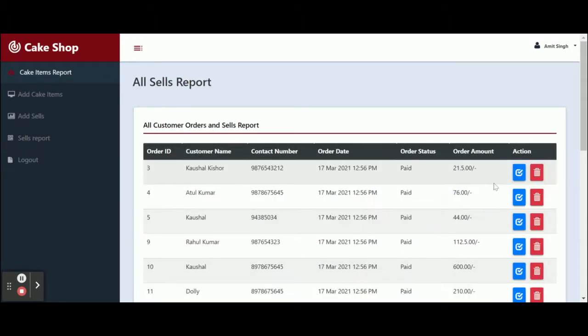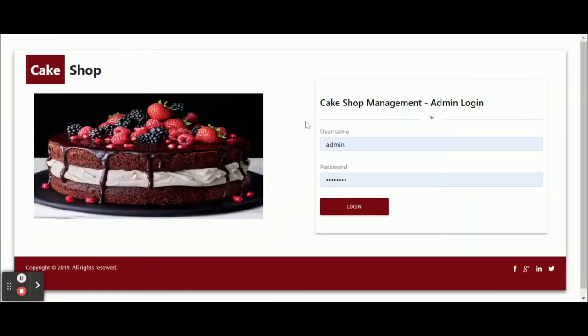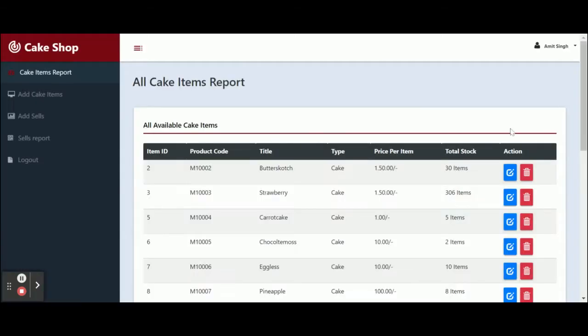If you want to delete any order, just hit the delete button and that order will be deleted from the database. All of these CRUD operations we are performing through the web API, and that web API we have developed in Node.js. Once you click on logout, the whole session will be destroyed and you will not be able to access the internal pages. You can log out from here or from here. You can see you have been redirected to the login page. Once you log in, you are redirected to the internal pages.